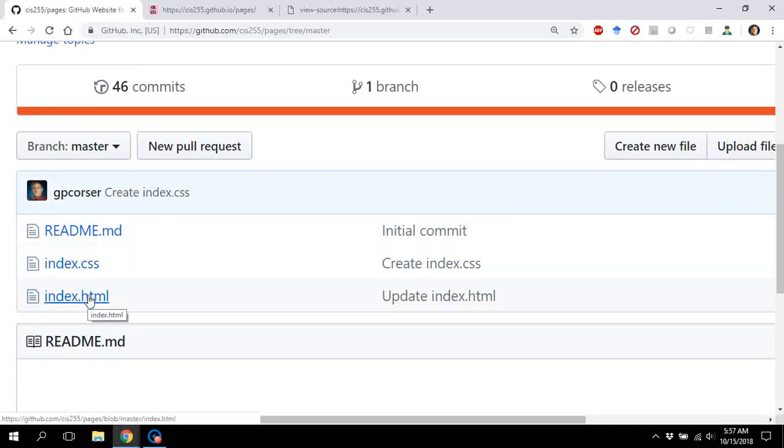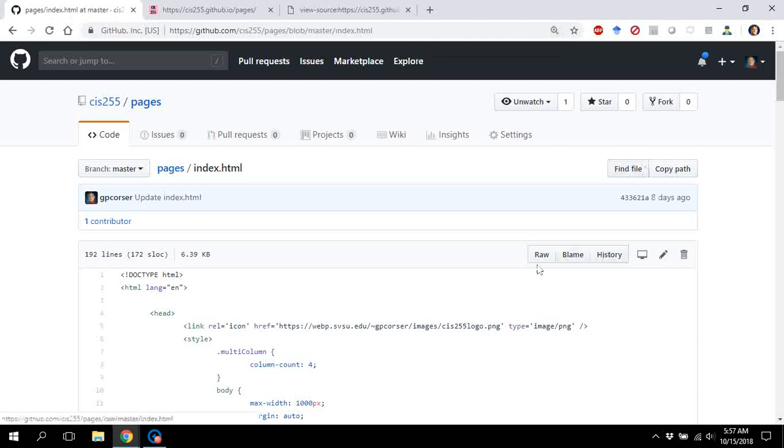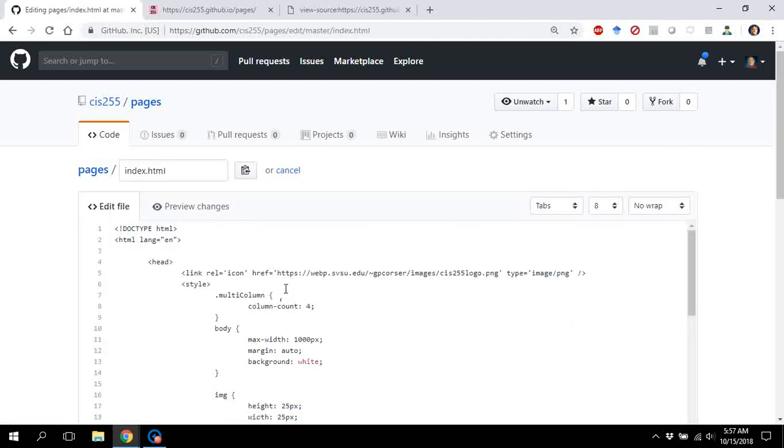Now, in order for that CSS file to be used by the index.html, I've also got to go into this index.html, and I have to edit that file by clicking this button right here. And I need to put a link in here which links that particular CSS file. So now I'm going to put a link,